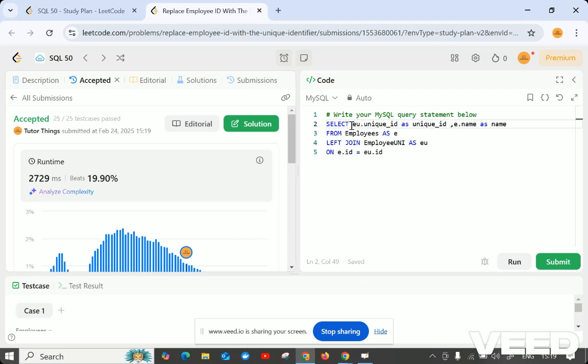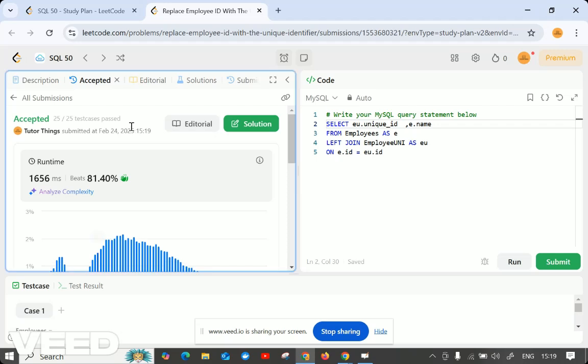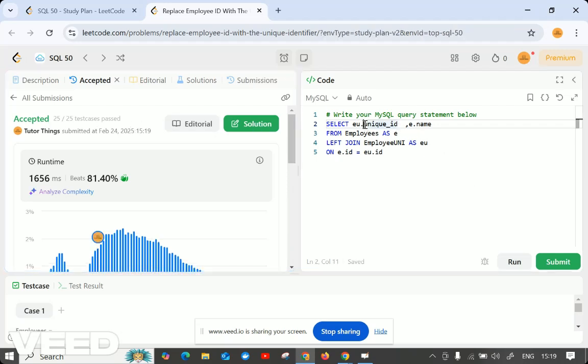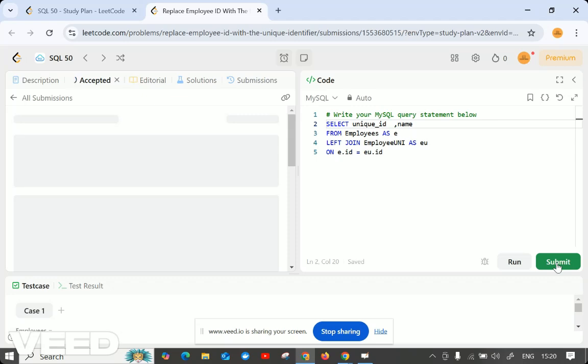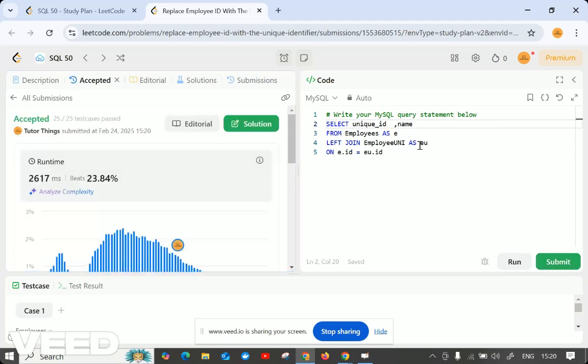So as of now I have written it like this, right? You can just remove this aliasing also. That is fine. It will work. It's submitting. Just wait a minute. You can see test cases pass like this also. Because this unique ID is present in only one table, and name is also present only one time in both the tables, so this is also fine. In some cases you will have name in that table and this table also. At that time, to avoid such a thing, we have to use aliasing, what we call shortcuts for the tables. So this is fine, right?